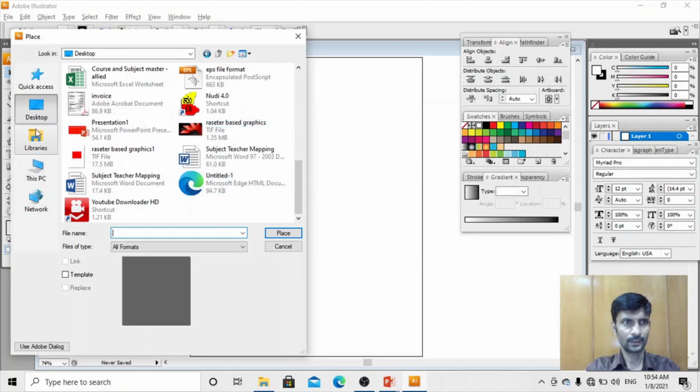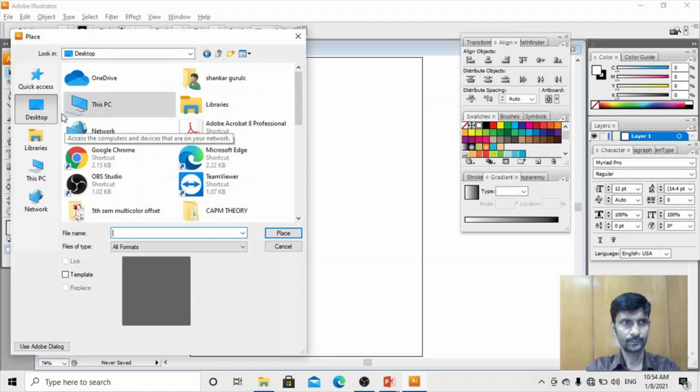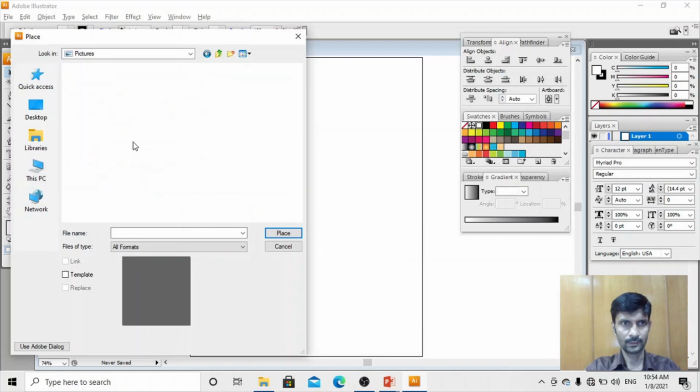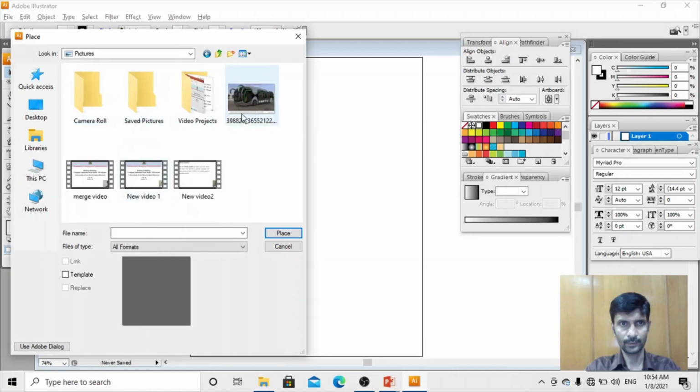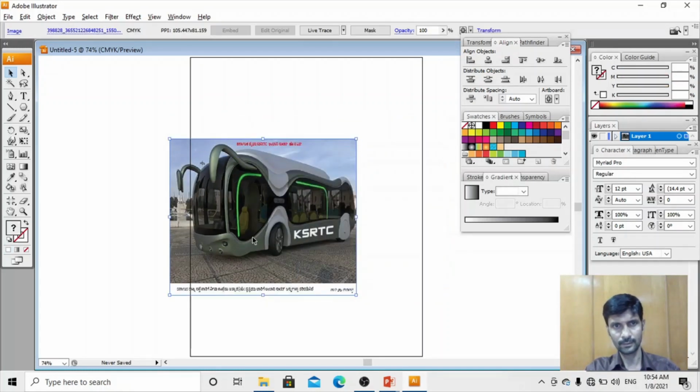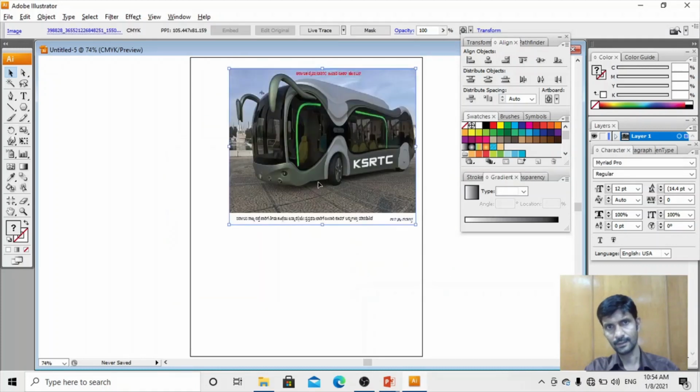Both are similar to that. From the pictures you can import this into the document, see, it has come. The JPEG or the BMP, whatever it is, you can resize it and place it at the top or anywhere.